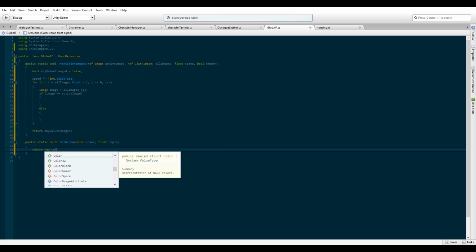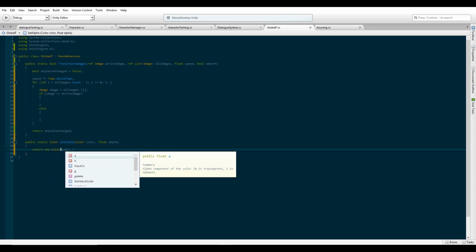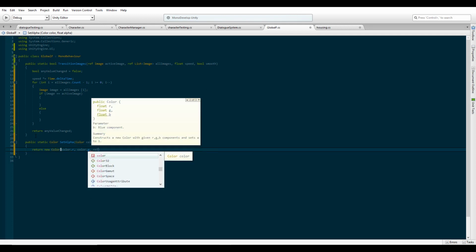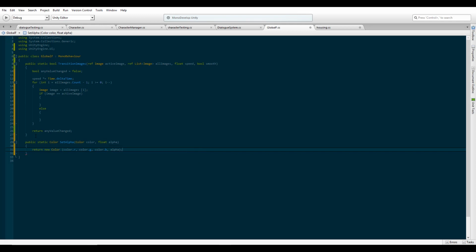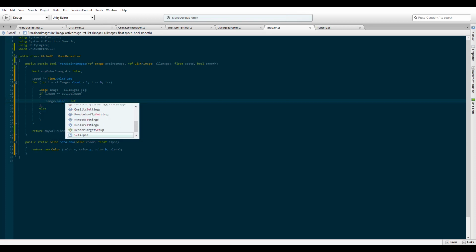Return new color, and the first three values will just be the color values, for R, G, B, and then the final will be our alpha. There we go, so set alpha. Now, here's where we do it. Image dot color equals set alpha image dot color,